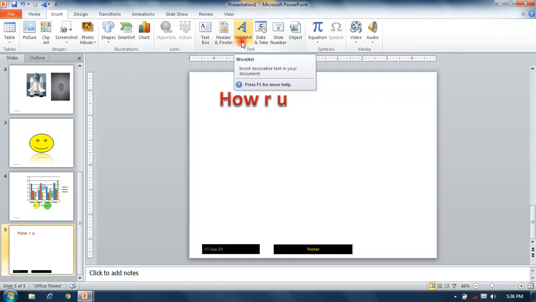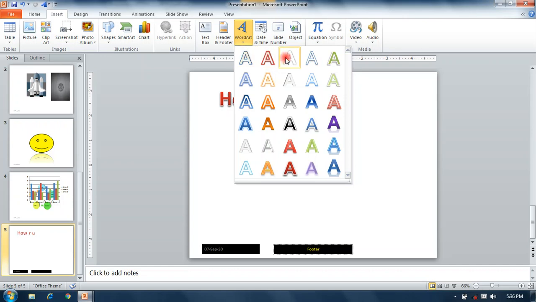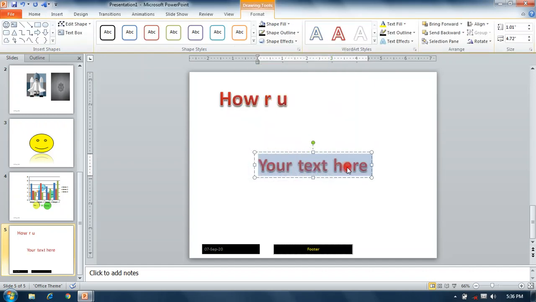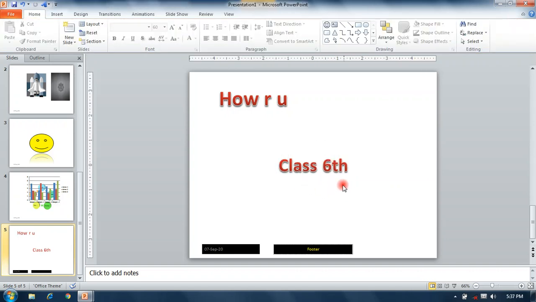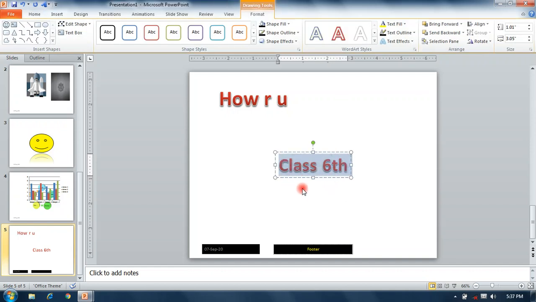Word art. Word art allows you to type a text in animated form or a design form, like that. You type text here, so we can type. Okay. Now it is selected. So these are formatting options.